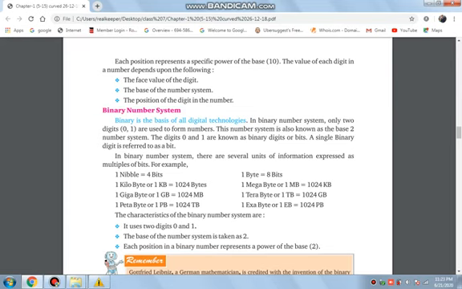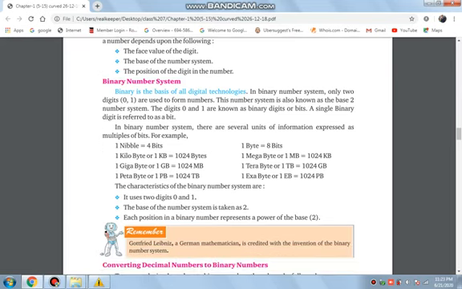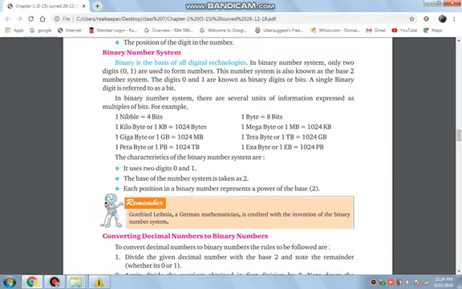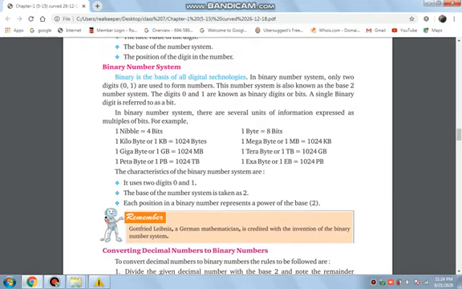Fine. Now we can see, children, in the binary number system we have some memory units. For example, the smallest memory unit is the bit. Okay, then we can say one nibble equals 4 bits, then one byte equals 8 bits. Similarly, there are lots of examples given in your book, so everyone please read this and understand it very carefully. Okay, so this is some introduction to number systems.